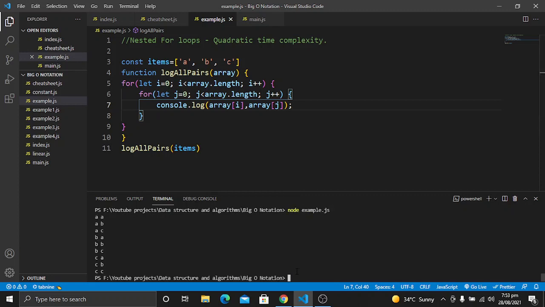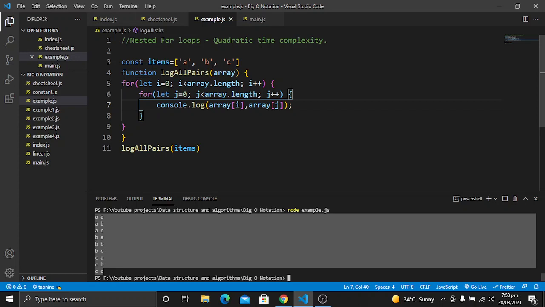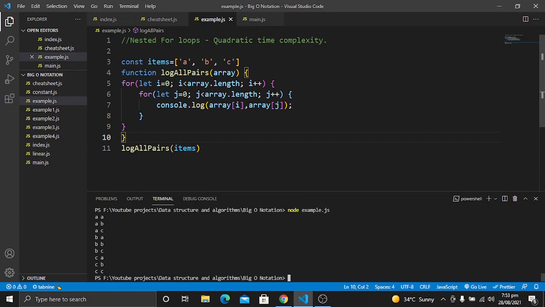Clear the terminal. Now you will see our code is running and we are printing all of the pairs of an array. So this is the function we have created for quadratic time complexity, which we can also say is O(n^2).